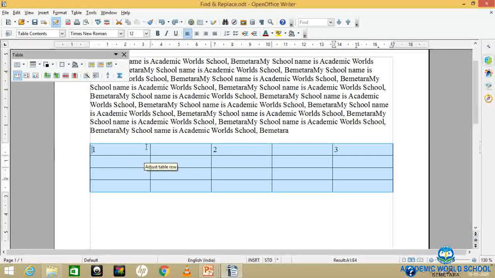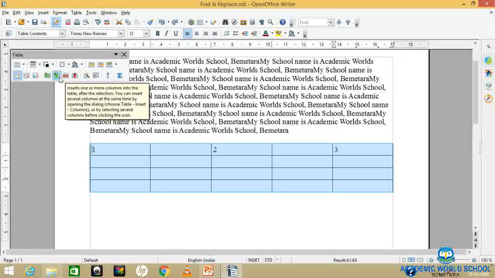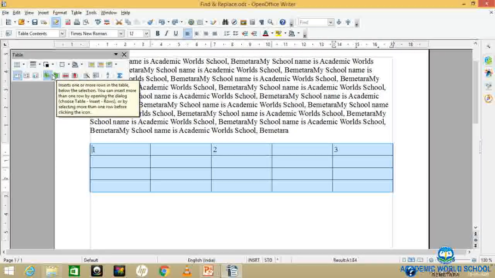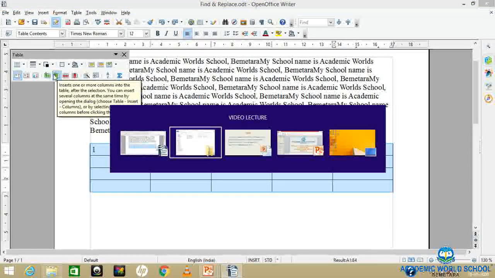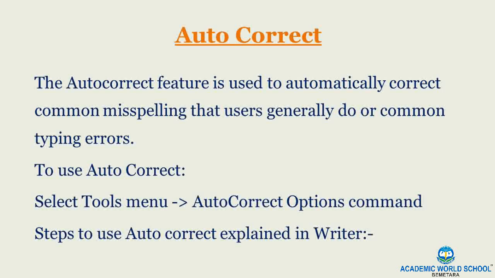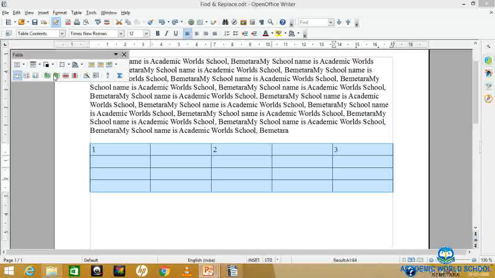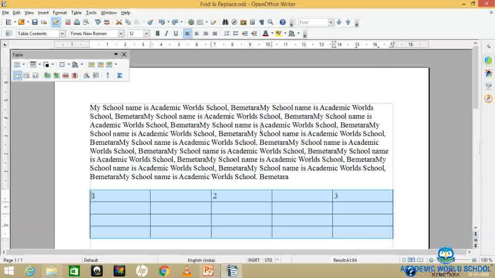So this is the method to insert a table, insert a column, insert a row, delete a column, delete a row. Here you can see the option related to deleting a column, deleting a row, then inserting one or more columns into the table, and here inserting one or more rows into the table.